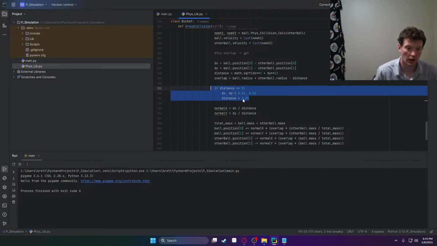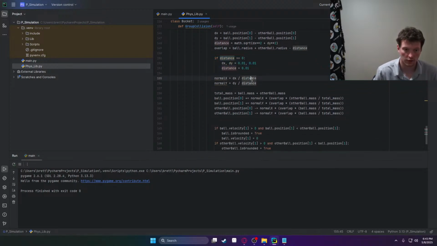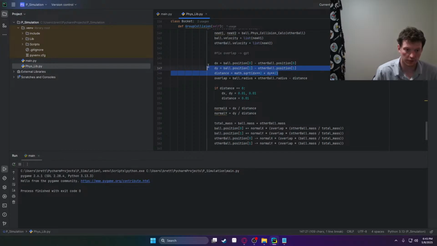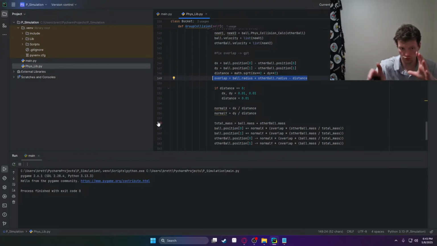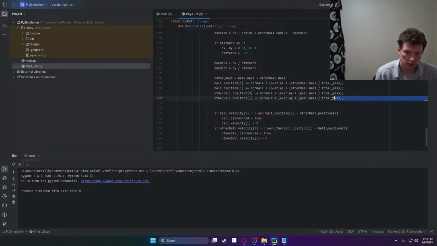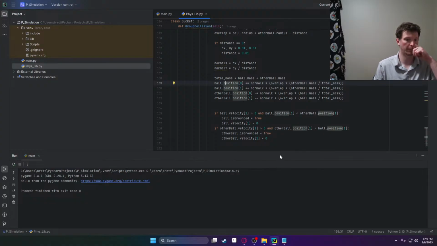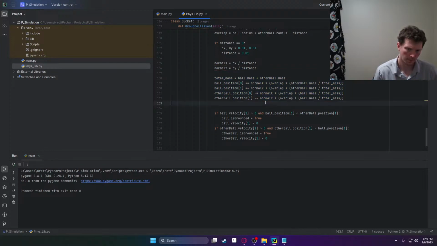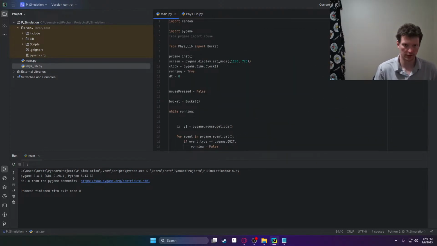So this here, again, making sure that there's no divisible by zero scenario right here. Using the Pythagorean theorem to then create an overlap shift. This here is basically what happens above in the normalized function. Right? We calculate the normals and hit it to position, so on and so forth. I don't know how much of this is actually necessary considering what's above, but it seemed pretty useful. As with this